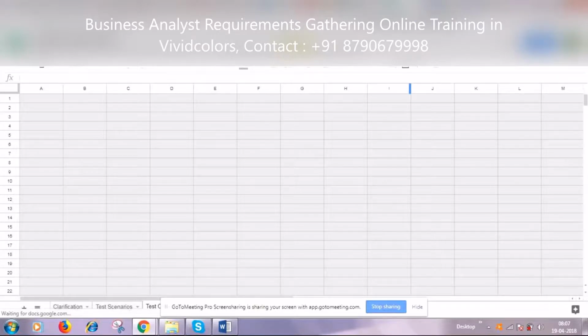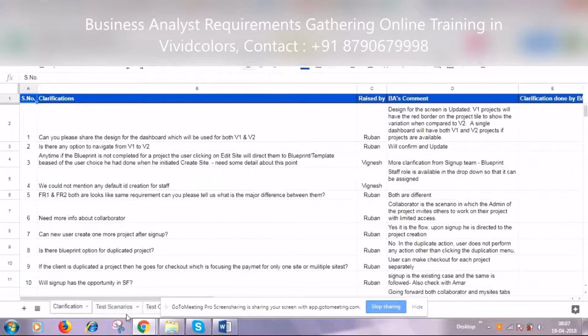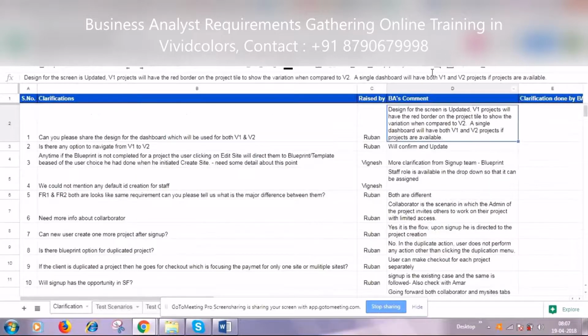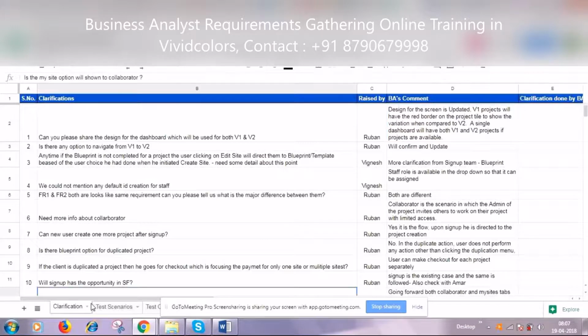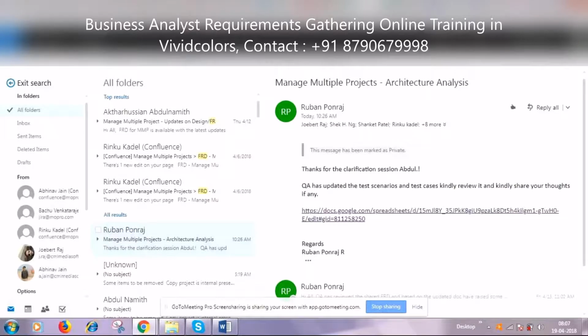It's like you have a shared Google Doc that is available from them. While the testing team is preparing their test cases, they will have certain clarifications, raised by the concerned testing team members. So we will comment on it. Still, if they have any doubt on this, we will sit and discuss the clarifications, and then they go ahead and start preparing the test cases and scenarios. So by multiple ways, you are going to do that. That is what is stated here.